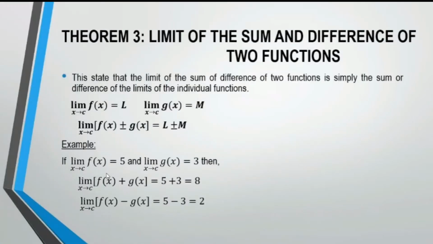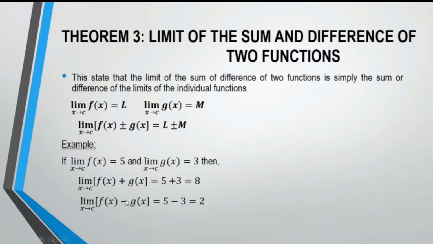Theorem 3, limit of the sum and difference of two functions. This states that the limit of the sum or difference of two functions is simply the sum or difference of the limits of the individual functions. If limit of f of x as x approaches c is equal to L, and limit of g of x as x approaches c is equal to m, then limit of the quantity f of x plus or minus g of x as x approaches c is equal to L